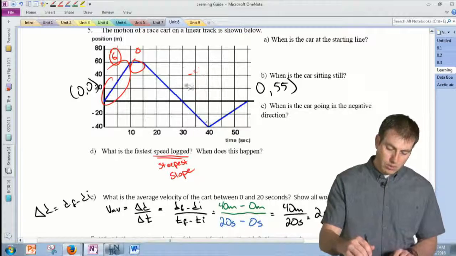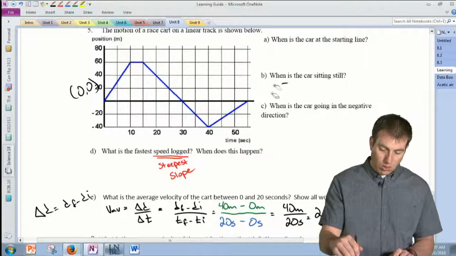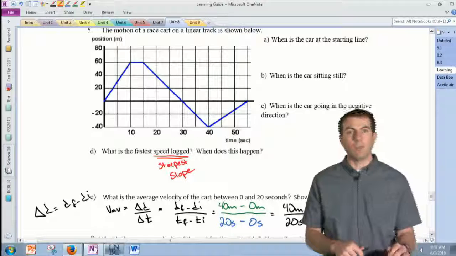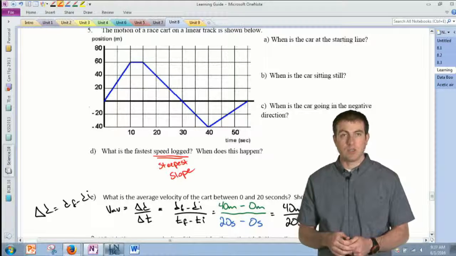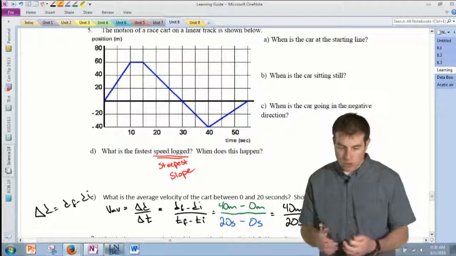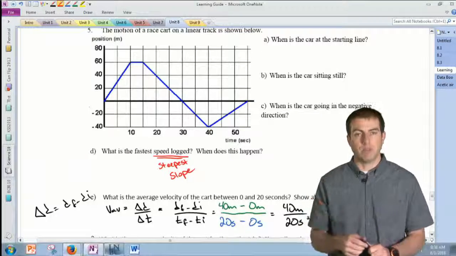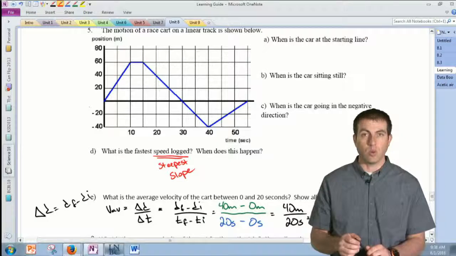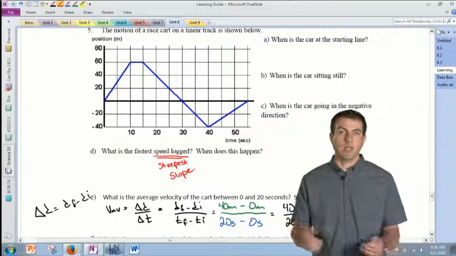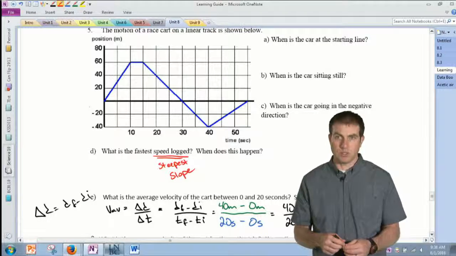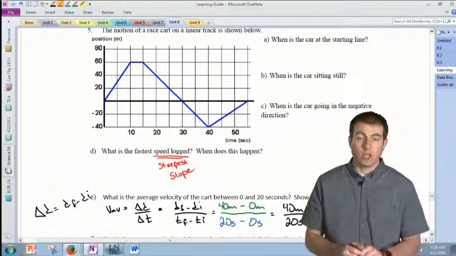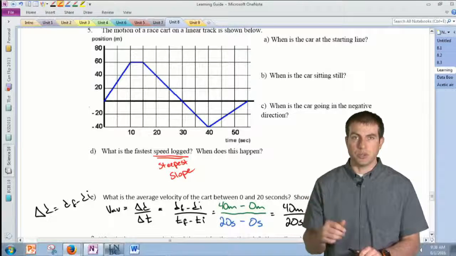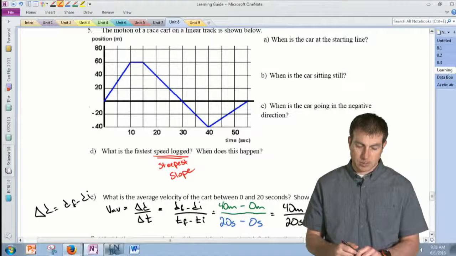So that's kind of the thing with physics. There's always, not always, almost always more than one way to do these problems. So just whatever makes the most sense to you, just go with it. And Ava, what you wrote up above for between 0 and 20 was the same thing. You could have used that same sort of process to find the average velocity over the entire trip. But you could just draw a line connecting your 2 points, find the slope, and that'll also work, because on a position-time graph, you can find the average velocity.